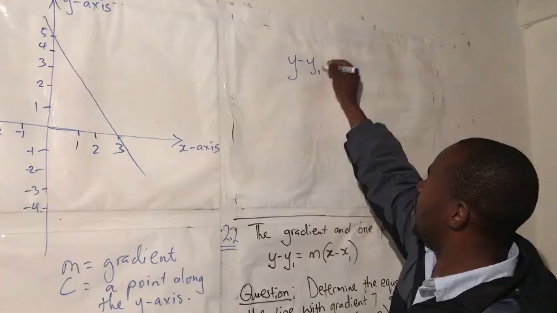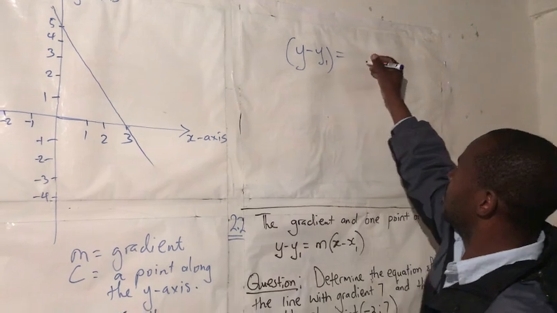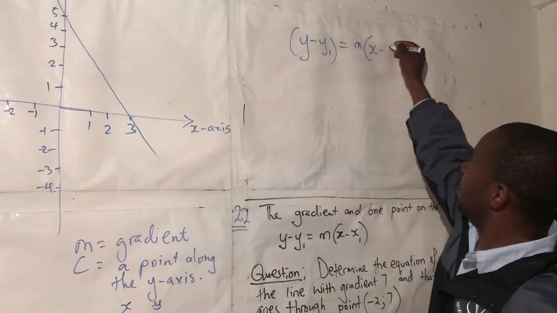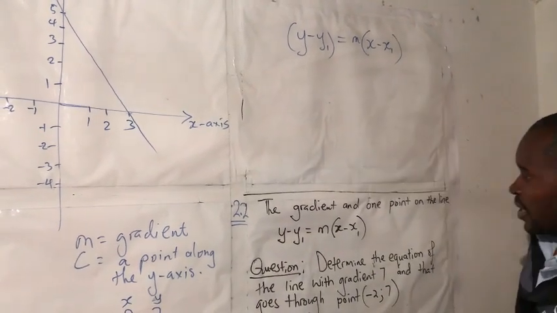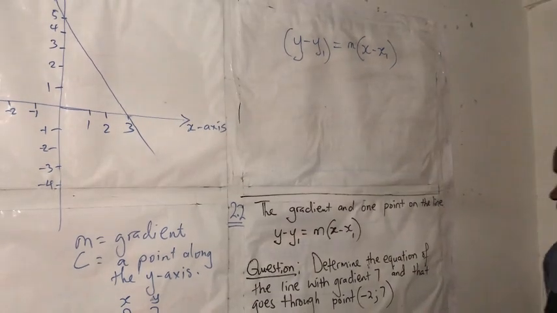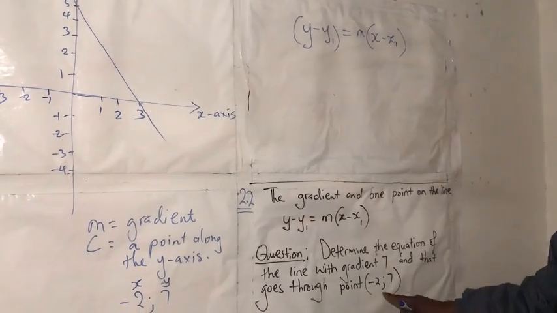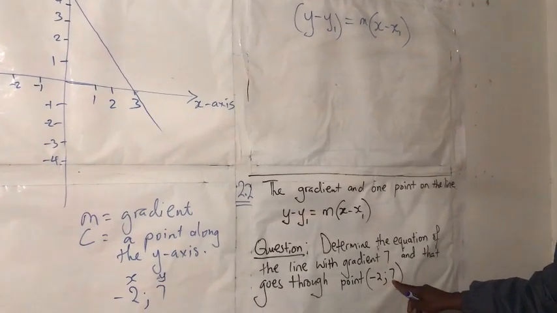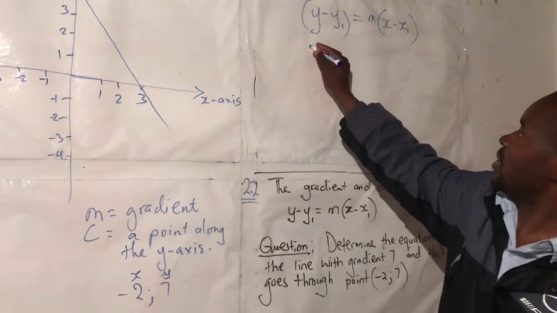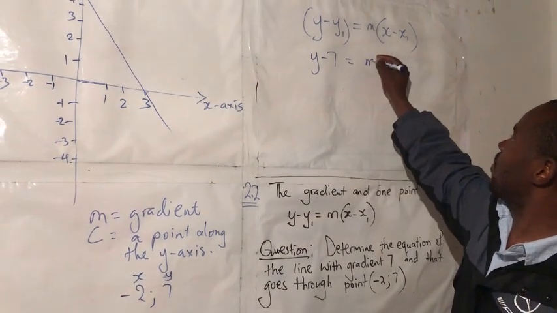Thank you. y minus y1 equals m open x minus x1. So it's a matter of substitution again. In this case, our y coordinate is 7. So we are going to say y minus 7 equals m open